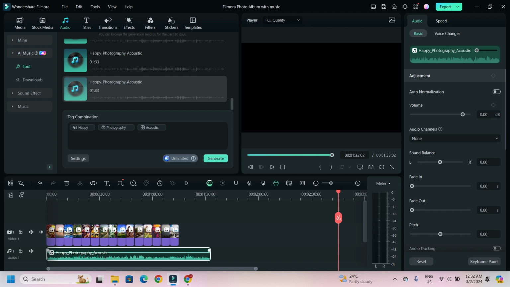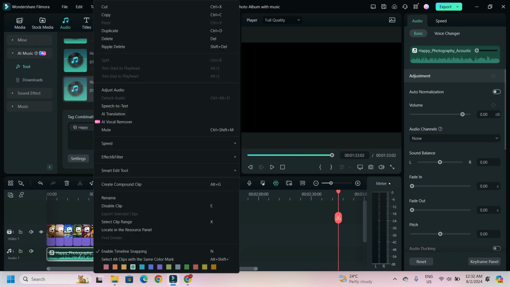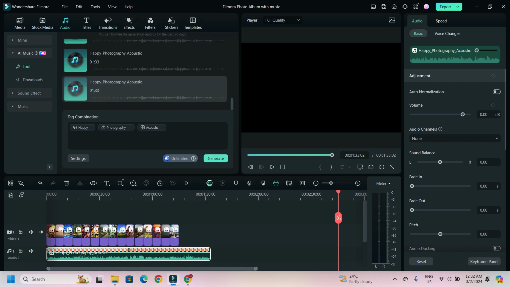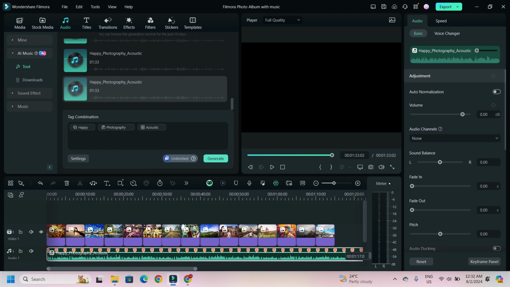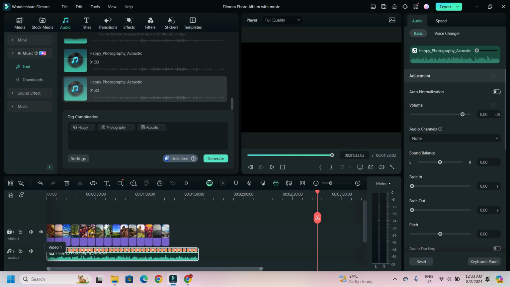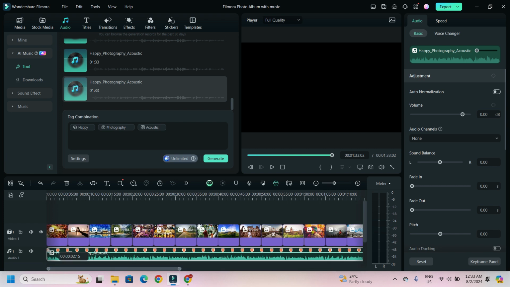To adjust photos with audio, you right click, and here the smart edit tool will give you beat detection. Once you click here on the beat detection, you see these are all the beats it has detected within no time. Now you don't have this many photos. So what you can do is, I will be picking one photo with